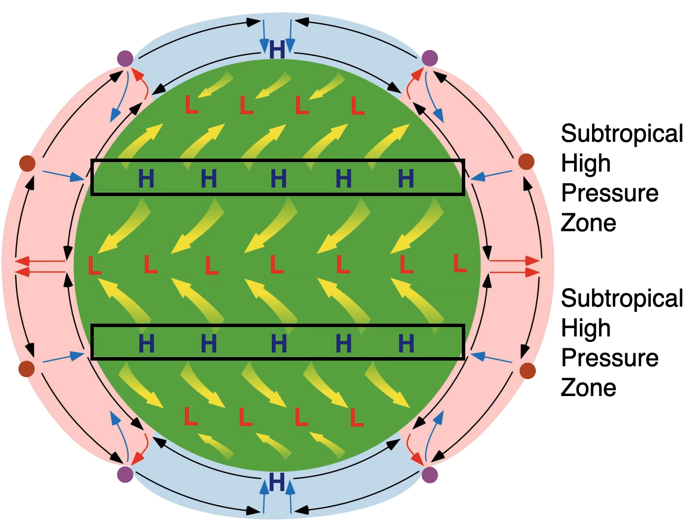The next feature that we should take note of in this global circulation model is a band of high pressure centers that exists at about 30 degrees north and 30 degrees south. The official name for this is the subtropical high pressure zone. Once again, this zone moves up and down depending upon the seasons, and it is an area of descending air, high pressure, clear skies, and it produces